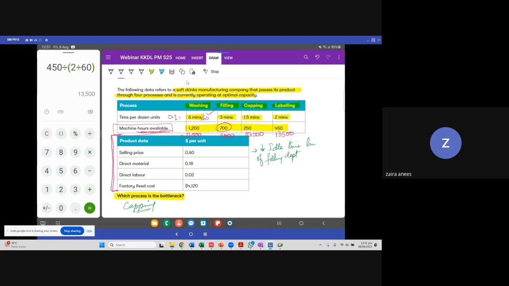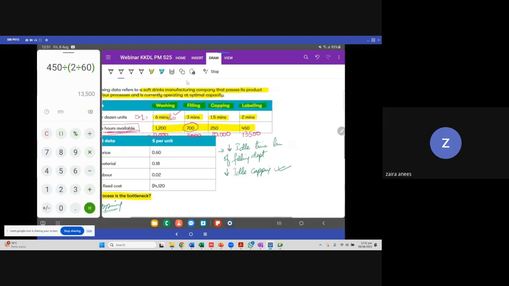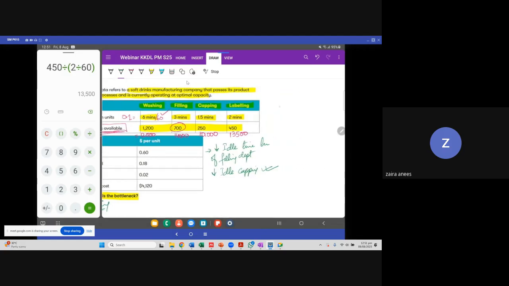Problem is not with filling. Problem is with capping. So if you reduce idle time of capping division, it will increase the output, right? Similarly, if you increase the efficiency of filling employee,